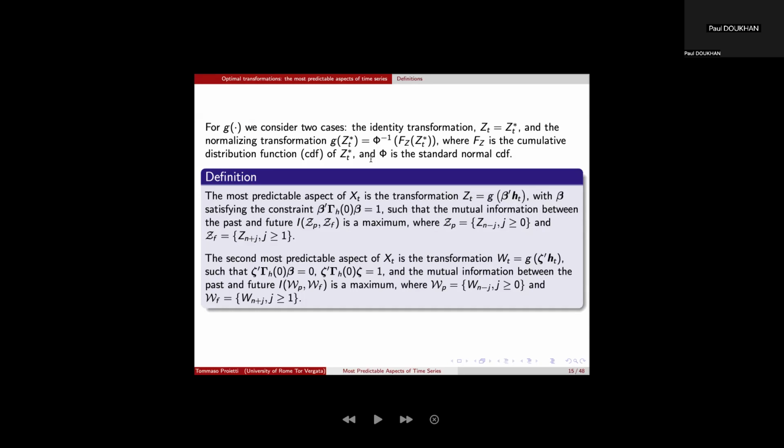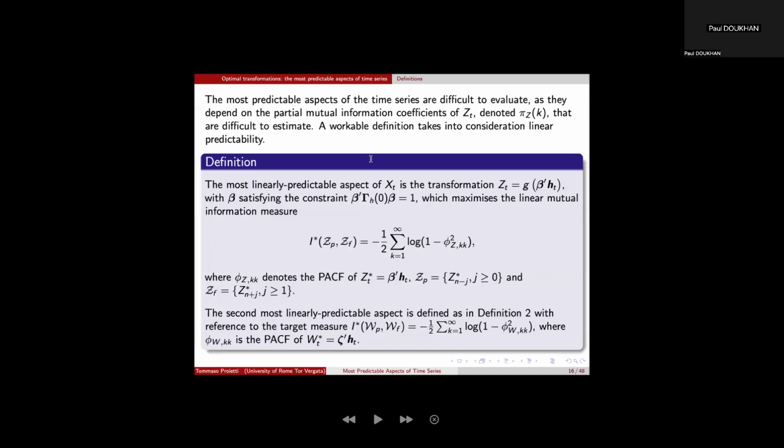And the second most predictable aspect can also be defined as an aspect orthogonal to ZT in this sense. Think of another transformation, G of zeta prime HT, where zeta prime is another vector, normalized in the same way but orthogonal to beta in the metric of gamma H0. The second most predictable aspect would maximize the mutual information between the past and the future of WT under these constraints. Right. So this is all very nice, but